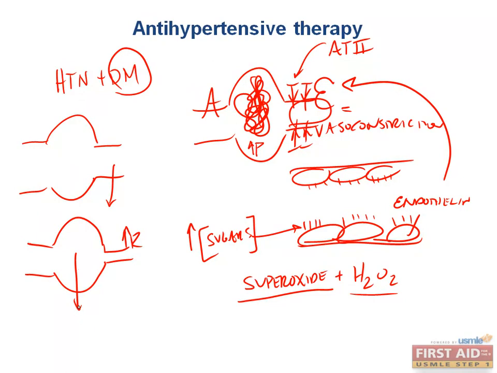And this chronic high pressure will take basically a pounding to the glomerular capillaries, and that is really bad because you are further causing more damage in combination with what the advanced glycation end products were doing to the endothelial cells